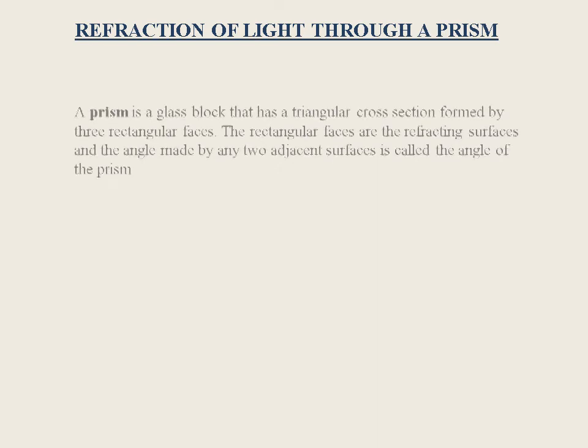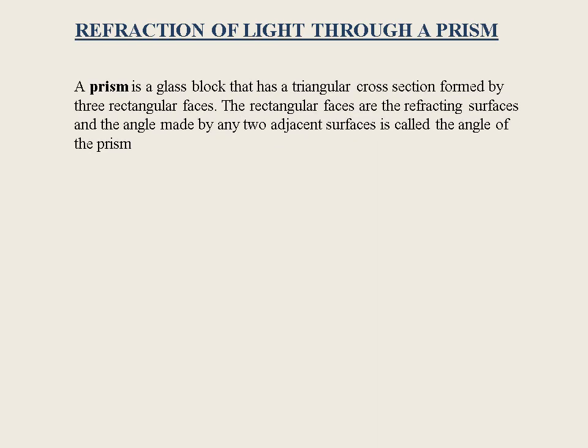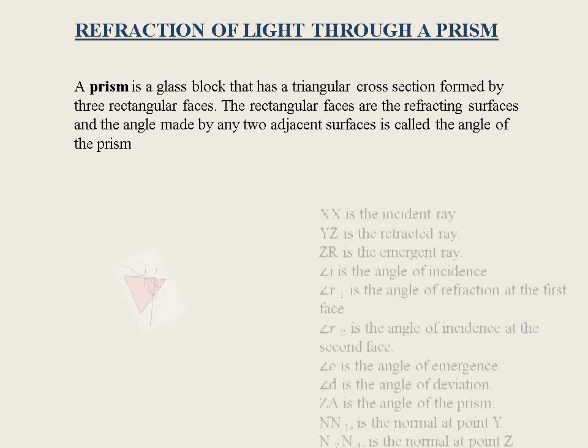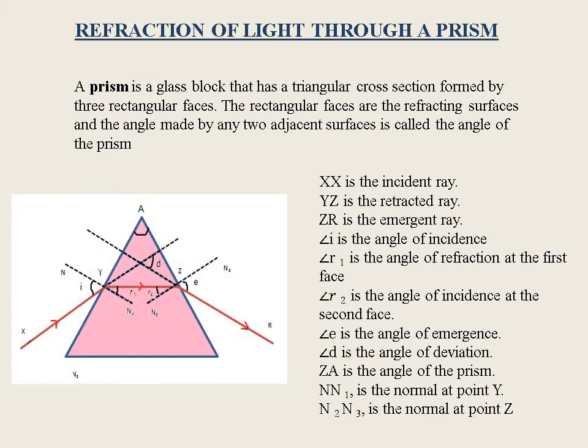Refraction of light through a prism. A prism is a glass block that has a triangular cross-section formed by three rectangular faces. The rectangular faces are the refracting surfaces, and the angle made by any two adjacent surfaces is called the angle of the prism. In the figure, XY is the incident ray, YZ is the refracted ray,